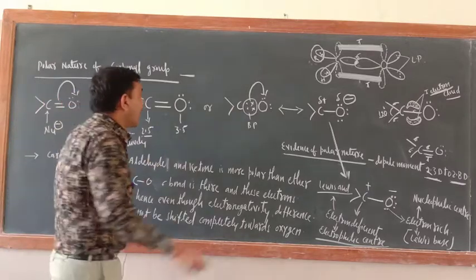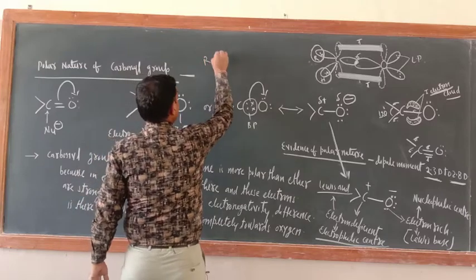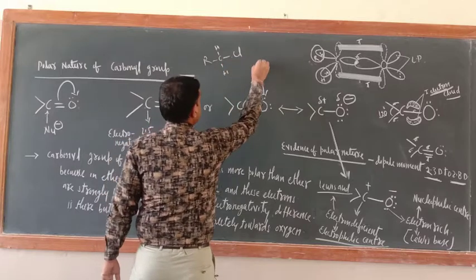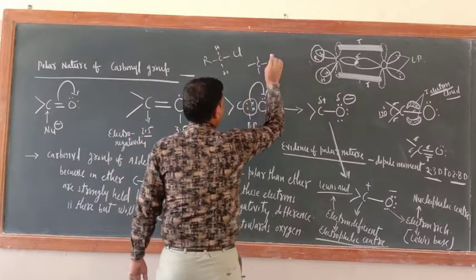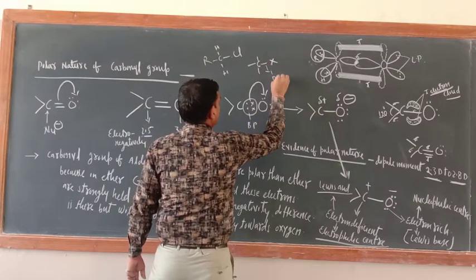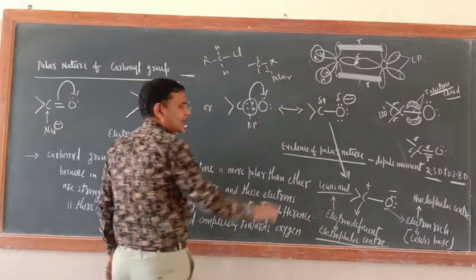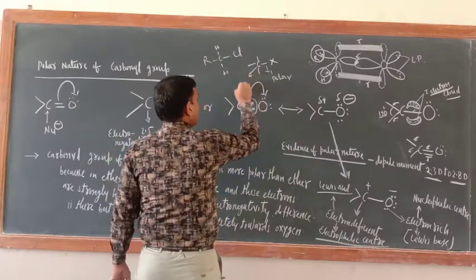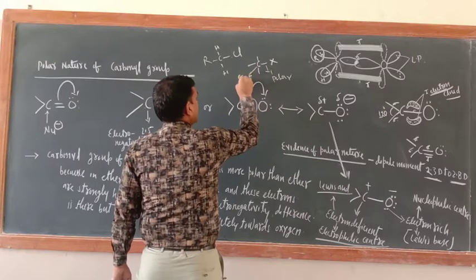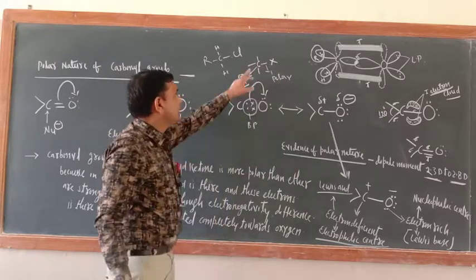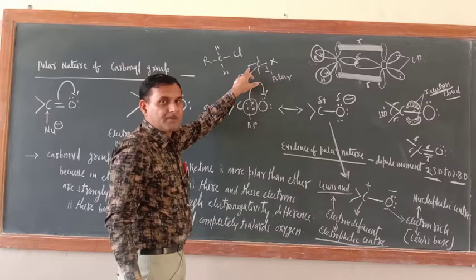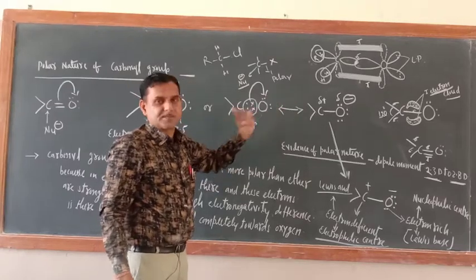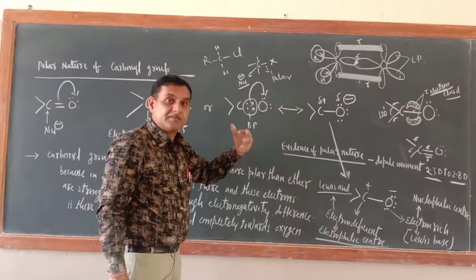nobody would come out. Unlike in the alkyl halide case, where the C-X bond was polar due to the difference in electronegativity of carbon and halogen. Here, when the nucleophile was attacking, internal arrangement was not possible, because the valency of carbon has already been fulfilled by the hydrogens. So what was the option? X has to leave the site, the halogen atom has to leave.